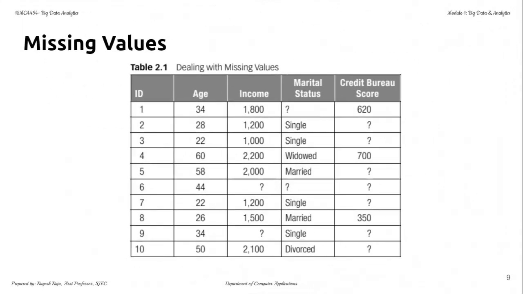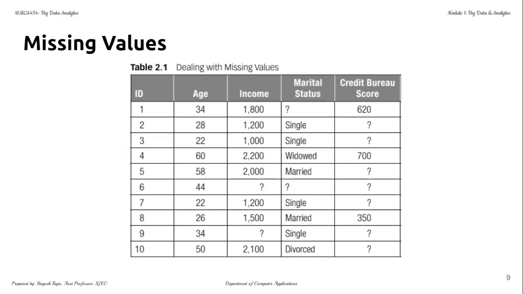Here, if you tell about replacing, the credit bureau scores are possible to replace in the sense we will be able to calculate the average or median to fill in the credit bureau score which is on the right side. To tell about delete, if you see the ID number 6, the person has mentioned only his age, but his income, marital status, or the credit bureau score is not mentioned. So it is possible to straight away delete that particular entry itself. And to keep the values, for example, we can see the ID number 9 where the income is not mentioned there. So in that particular case,